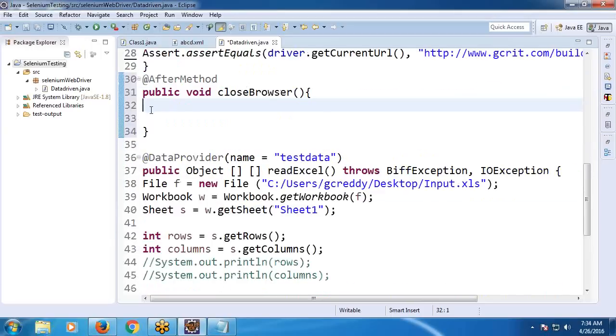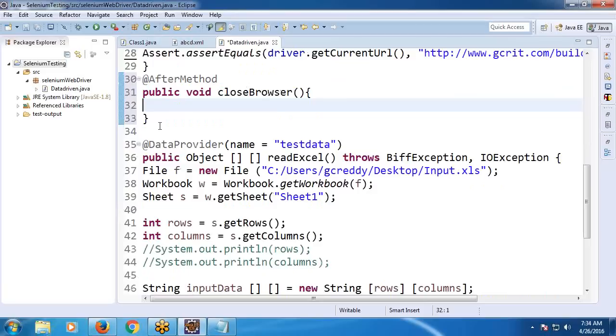I think Preeti knows this syntax. Preeti, instead of writing just a driver close, first check the browser existence and close. If URL not, what is the URL? If not, driver dot